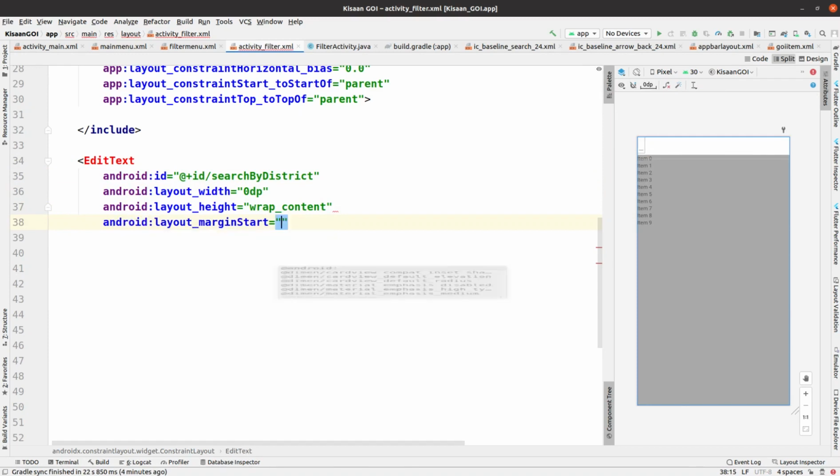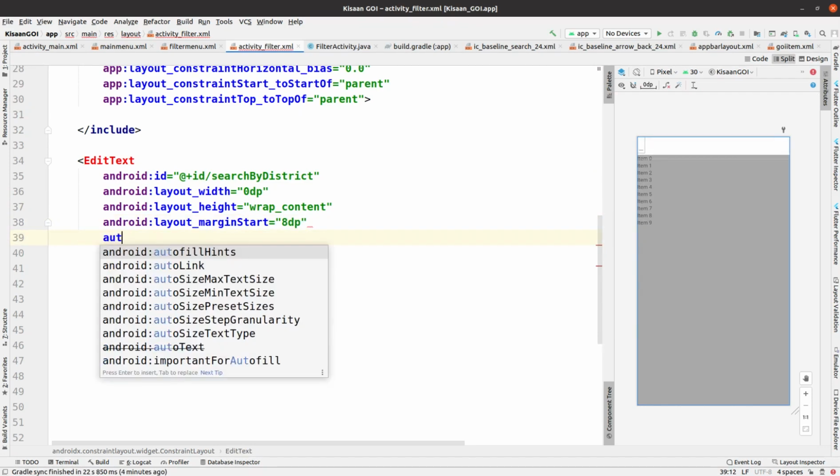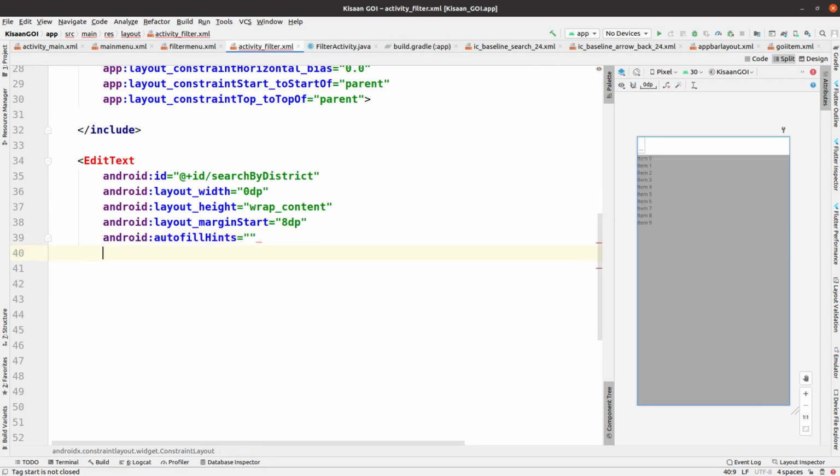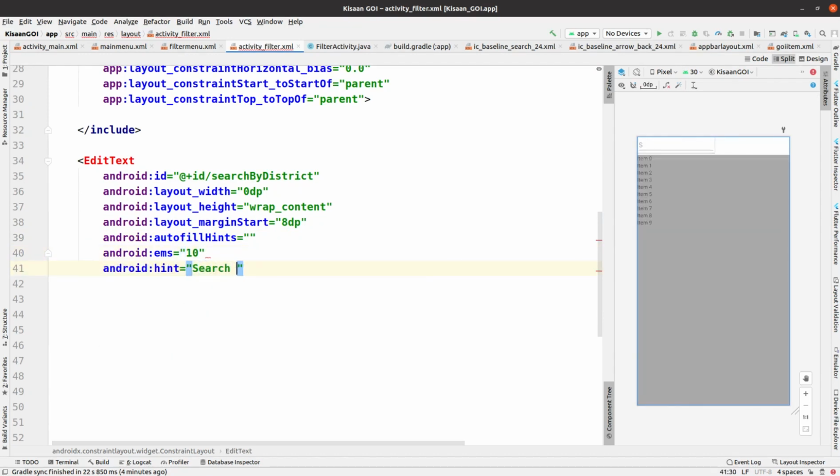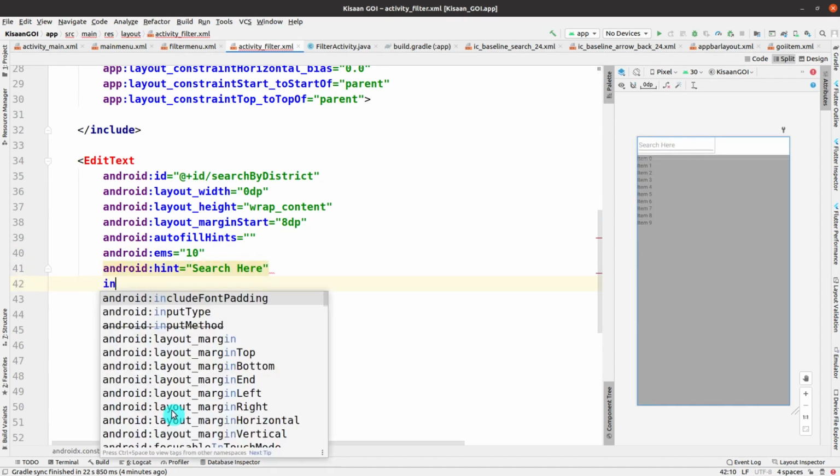Okay, so here the width is given as 0 dp and height is wrap content. Afterwards the margin from the start is 8 dp, and then autofill hints are there. Okay, and ems is given as 10 for this particular layout, and let me give the hint as search here.